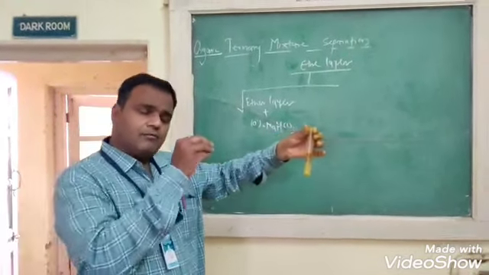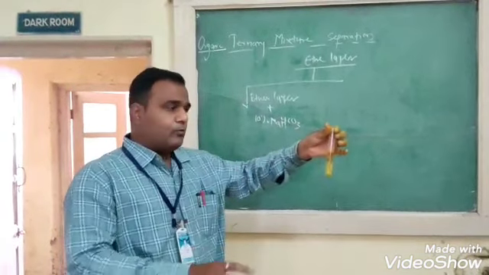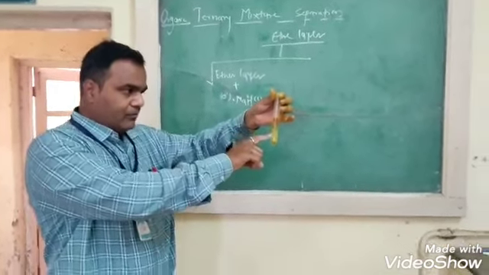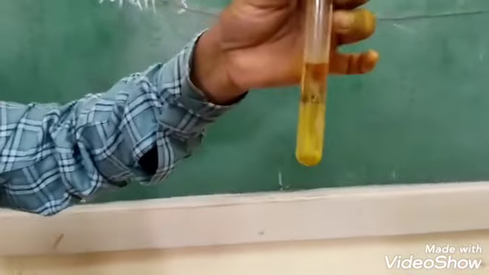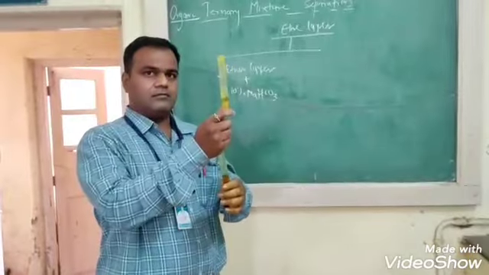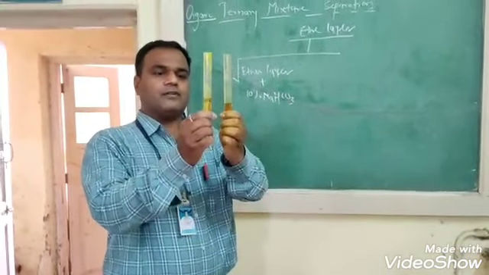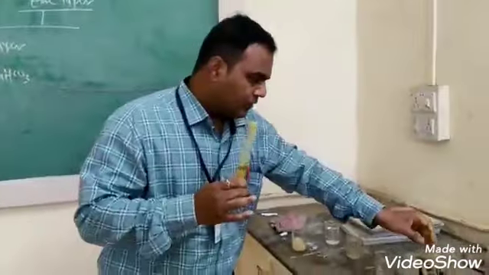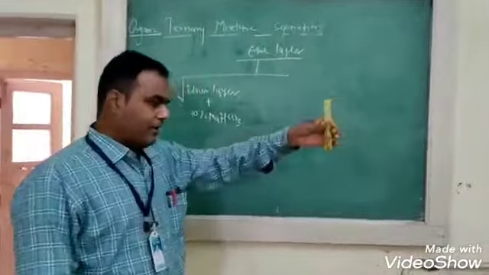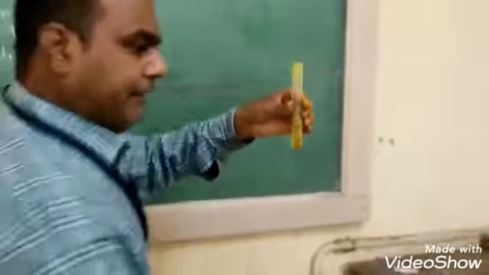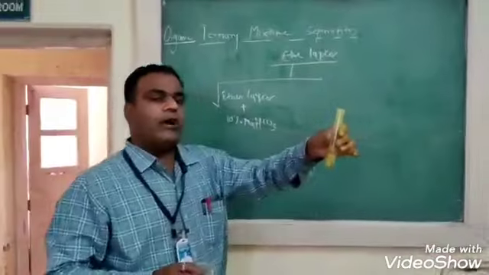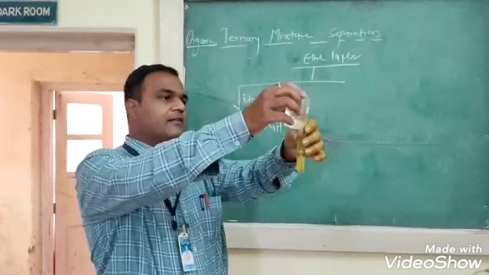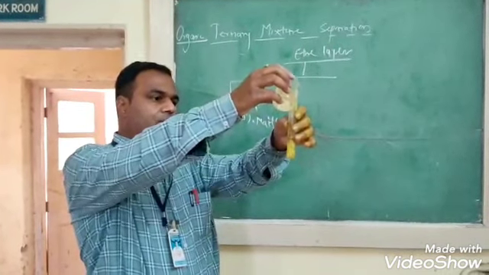Now for the confirmation of this acid component, we have to separate both layers, the ether layer and the sodium bicarbonate layer. Both layers are separated. This is the aqueous layer and this is the ether layer. Now to this aqueous layer of sodium bicarbonate, we add HCl. If a white precipitate is generated, then we say that there is confirmation of the presence of acid.